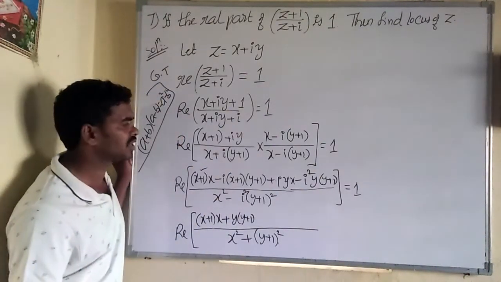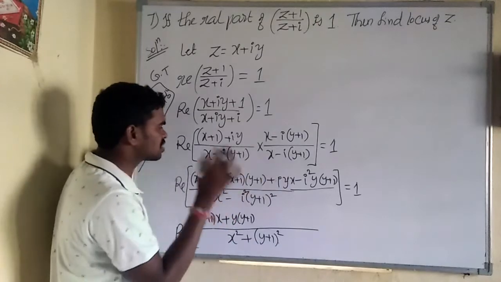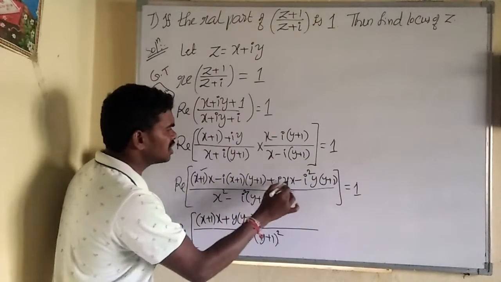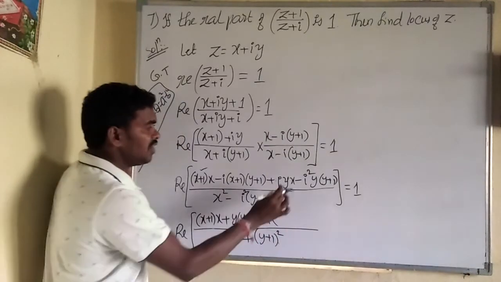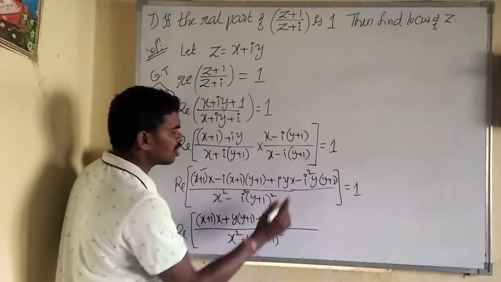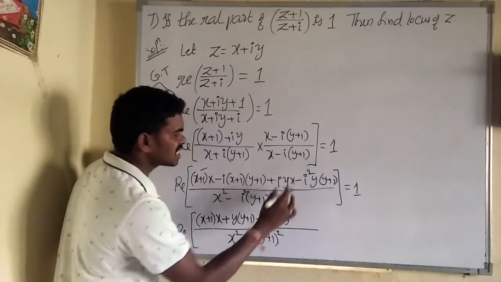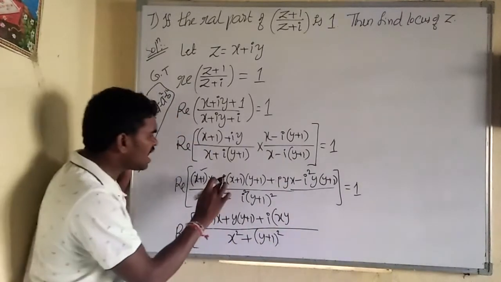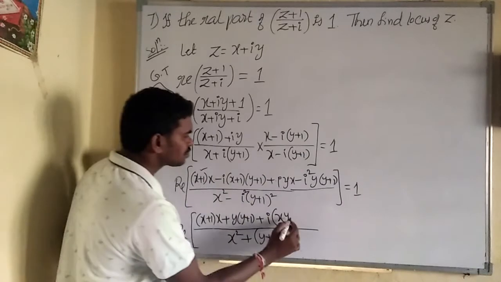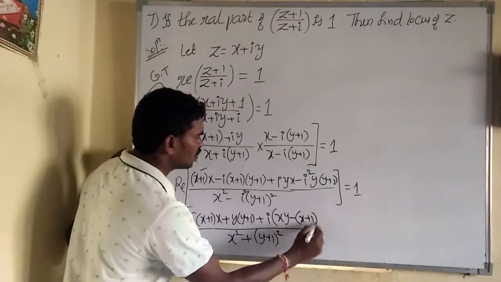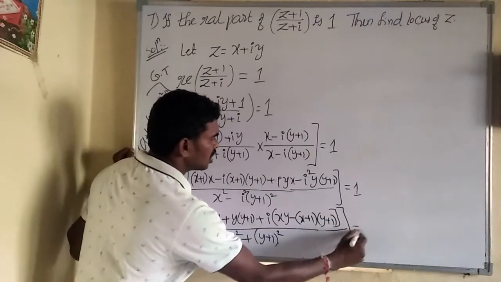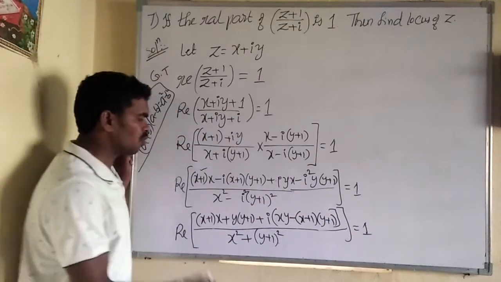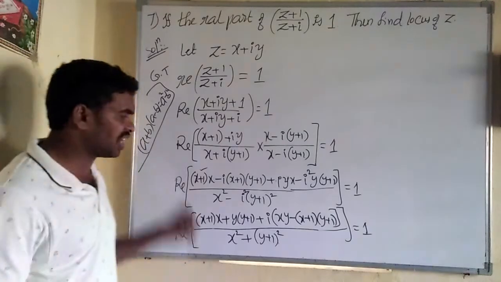Is it over? Then see the next remaining terms. Here i into something, here i into something. So from both terms, take i out common. If you take out i common, the remaining term is xy, yx nothing but xy, no problem. And here the i coefficient is minus x plus 1 into y plus 1 is equal to 1. Now most probably it is going to finish.